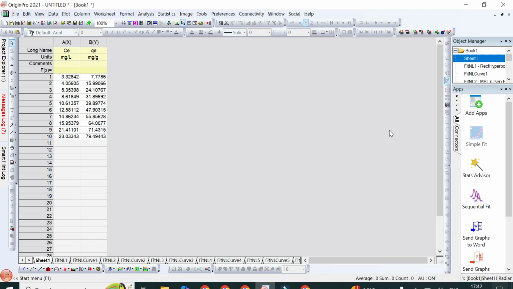Today we are going to discuss fitting of the non-linear Temkin isotherm model in Origin. For non-linear fitting of the Temkin model, we have to take CE and QE data on the X and Y axis respectively. Generally, the notation that is used in the Temkin non-linear equation,